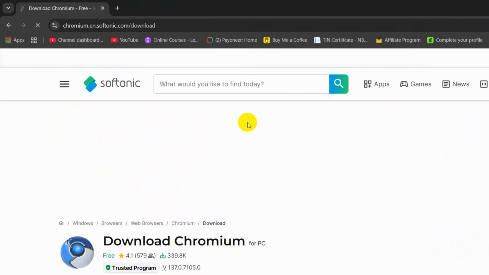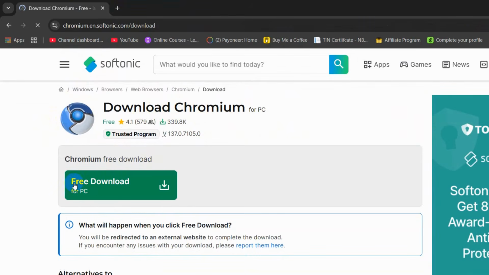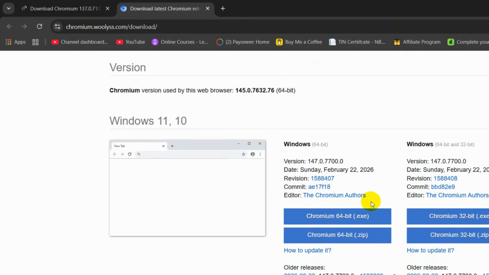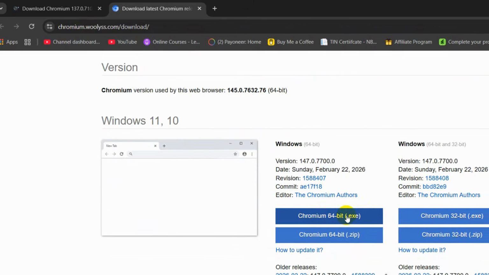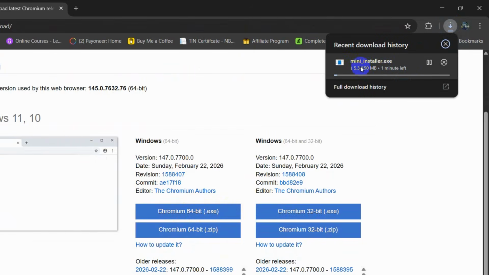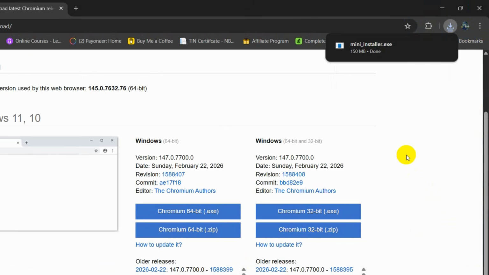chromium.en.softonic.com. So you need to click here, and here you can see download Chromium, free download for PC. So you need to click on this, and then here you can see Windows 64bit.exe. So I'm going to click here and it will start downloading an exe file, and there you can see download